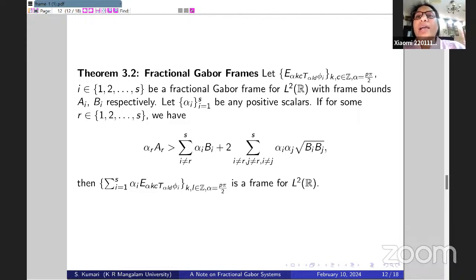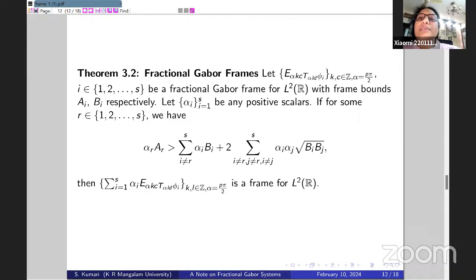Let α_i, where i goes from 1 to S, be any positive scalars. If for some r from 1 to S, we have A_r α_r is greater than the sum over i not equal to r, from 1 to S, of α_i B_i plus 2 times of this sum,